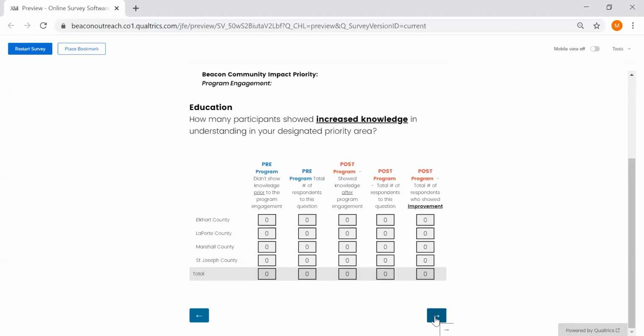And finally, the fifth question is the total number who showed increased knowledge. To answer this, programs will need to compare the pre and post responses by individual and pull the number of participants who responded incorrectly in the pre-test, but then got the question right in the post-test. We understand this one is difficult on a number of levels. However, we think it's very important as it shows the number of individuals who actually demonstrated an increase in their knowledge level.